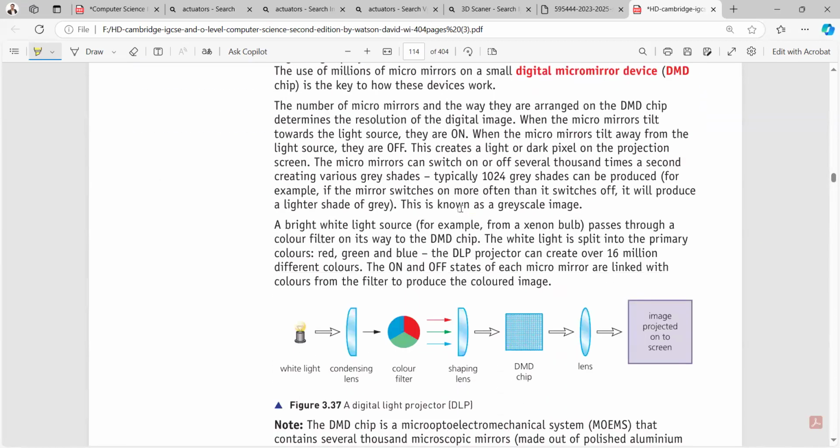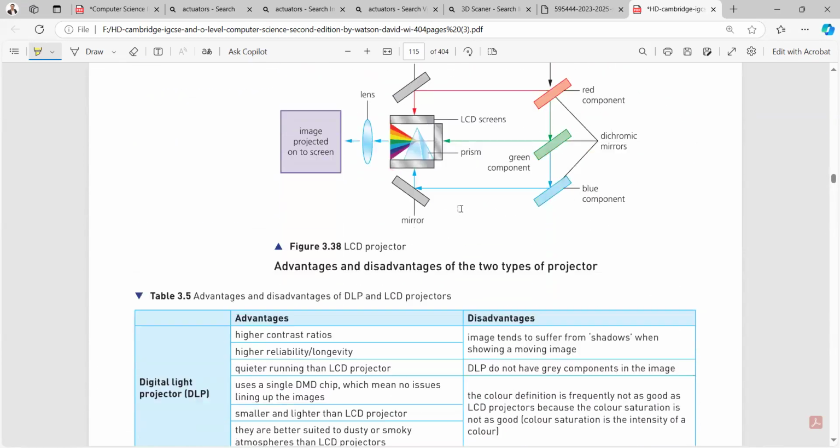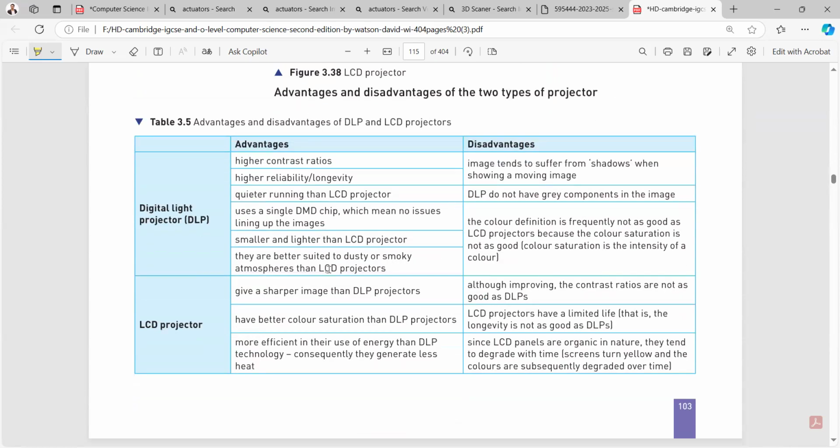लाइट प्रोजेक्टर्स की दो एग्जांपल्स हैं, एक एलसीडी है और एक डीएलपी है। दोनों के लिए ये इम्पोर्टेंट है। डीएलपी के एडवांटेजेस क्या हैं? कंट्रास्ट काफ़ी ज़्यादा होता है, रिलायबल होता है, ज़्यादा आवाज़ नहीं आती। It uses a single DMD chip, which means आपकी डीएमडी चिप के थ्रू सारी इमेज बन जाती है। लेकिन डिसएडवांटेज ये है कि इमेज जो है वो शेडो से सफ़र कर सकती है। इसके अंदर ग्रे कंपोनेंट नहीं होता। जो आपकी कलर डेफिनेशन है वो उतनी ज़्यादा अच्छी